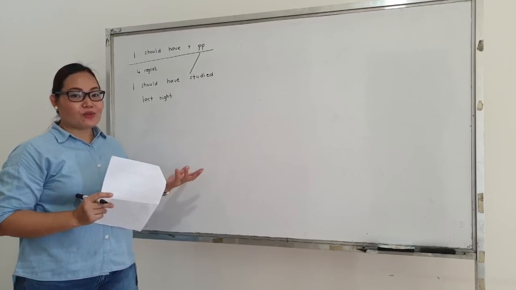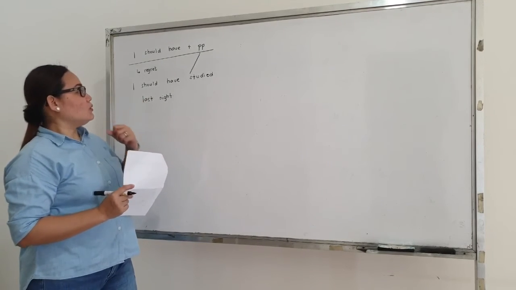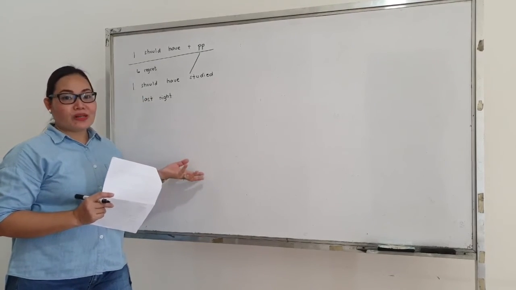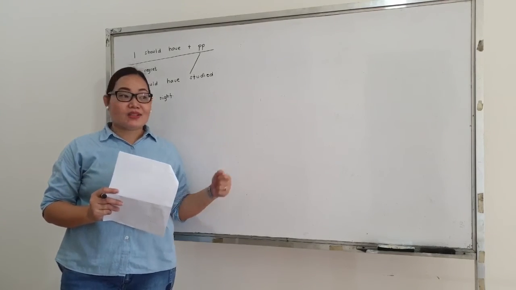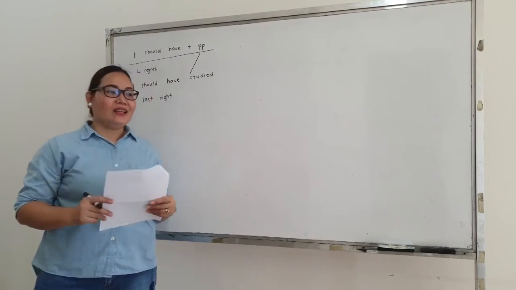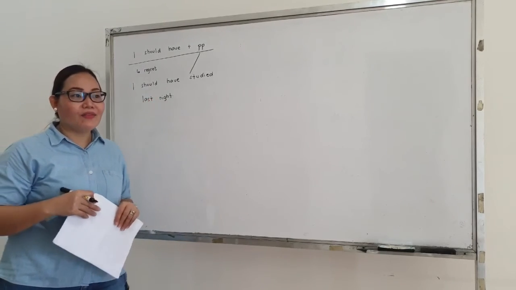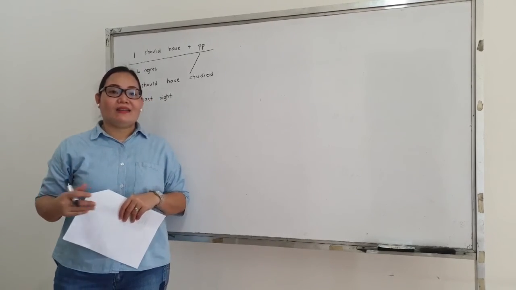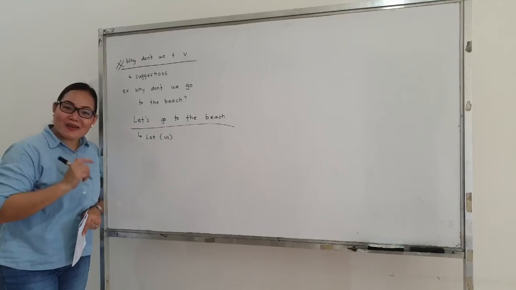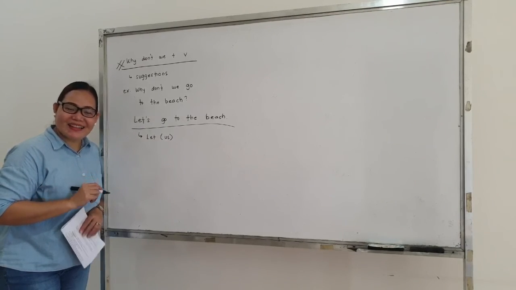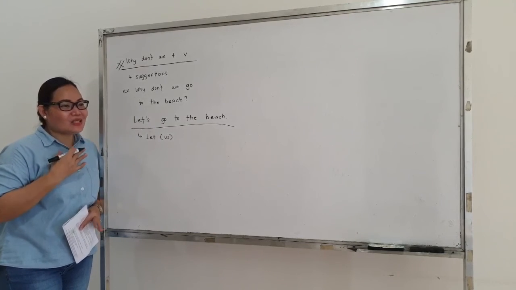As a result, you have a low score. So you are now expressing regret: I should have studied last night. Because if you did, you could have had a higher or better score. Now you learned something new, right? Okay, so it is really